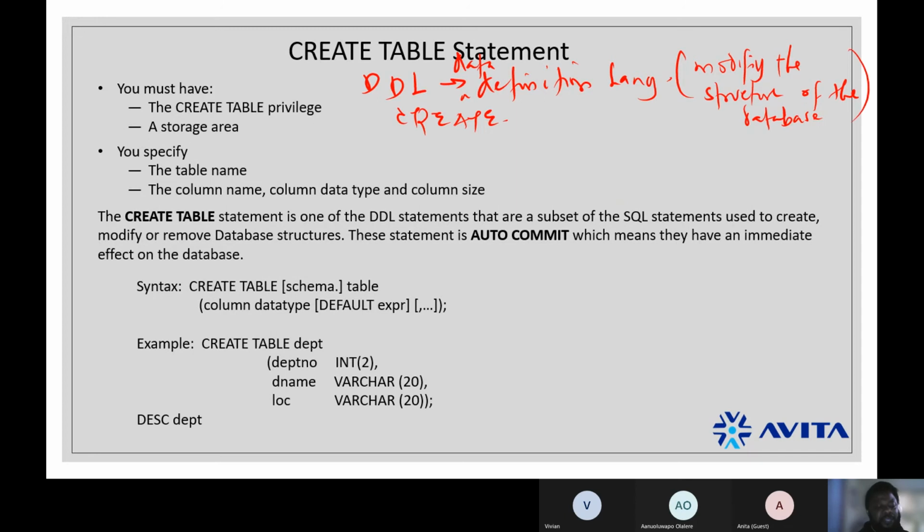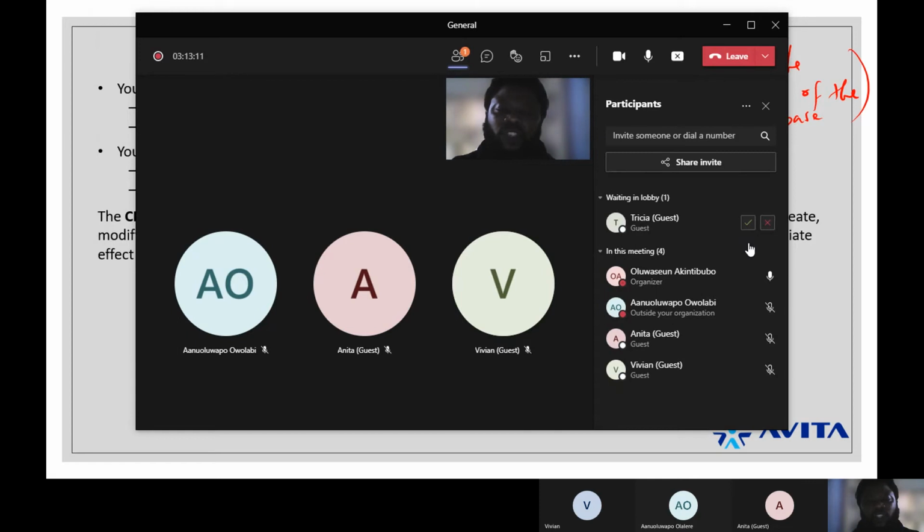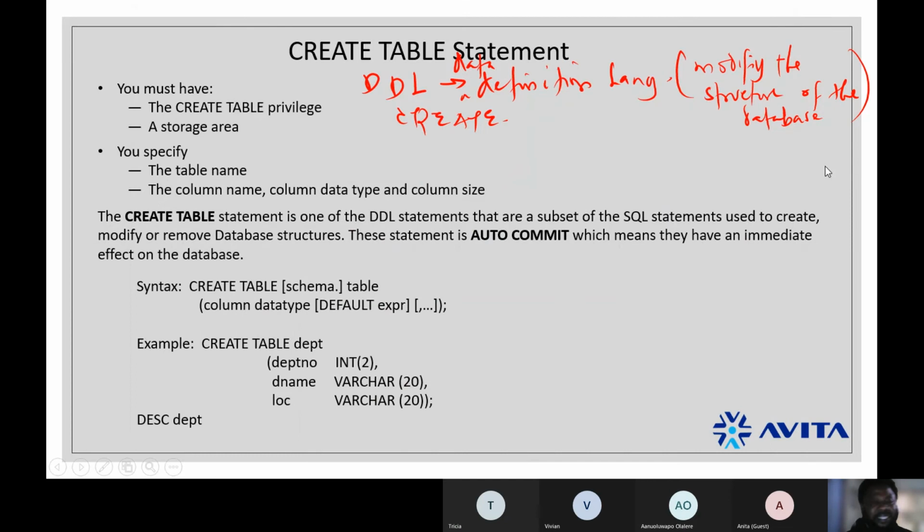So think about the DDL statement as you having a house that was just 2 rooms before, and you want to increase it to 5 rooms, right? So how do you do that? You use create to create new rooms, new stores, and all that. So that's basically what we say when we use DDL. We're trying to work with the structure of the table of the database, right? That's when we begin to use DDL statements, right?